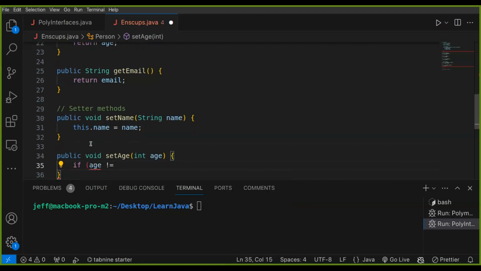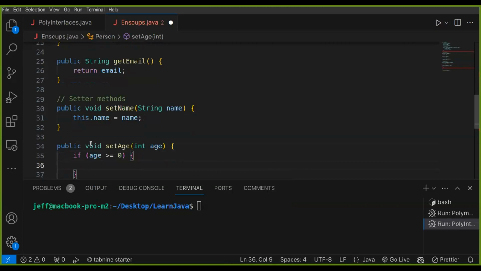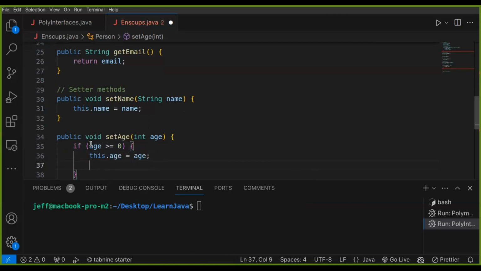If age is greater than 0, then this.age is age. Then else